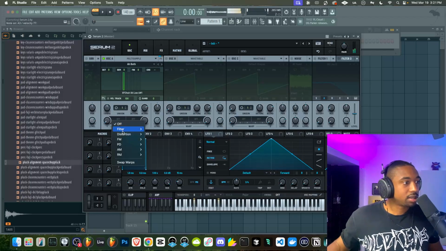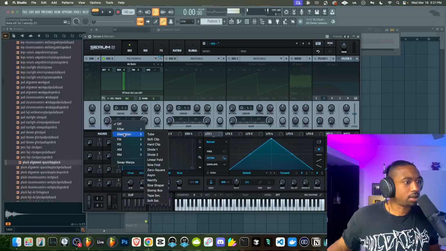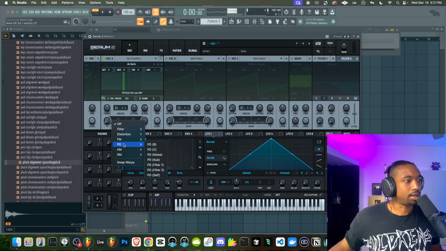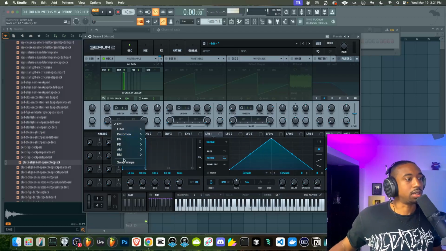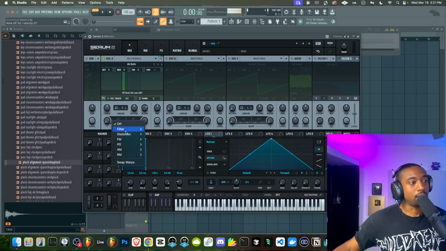Let's try to warp this using, I always mix these up. Let me figure out which category it's under first. Is it distortion? Oh, you know, maybe we don't have it for this one, but there's a mode called quantize. It may be turned off for this style, which makes sense.